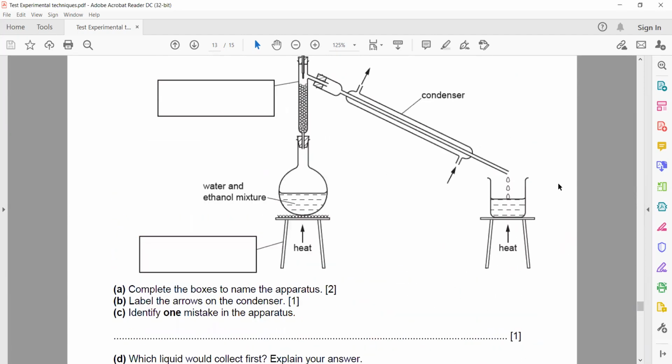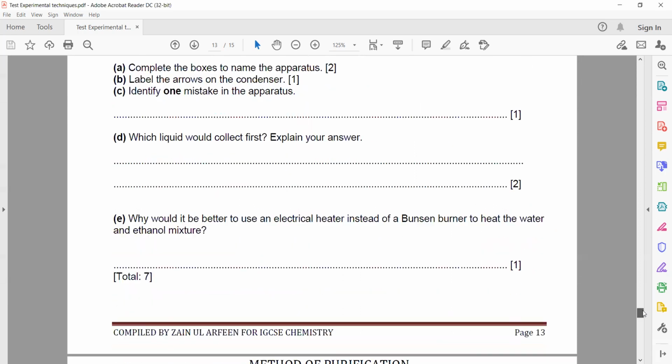Identify the mistake. So what is the mistake here? We are heating a distillate. This is what we collect, the mixture, it's not air, it is always water, because water has a tendency to absorb a greater amount of heat energy. That's why water is used as a coolant. Even in the car radiator, we are adding water as a coolant. So what is the mistake here? We are heating a distillate, or you can write a beaker. That's a mistake. We should not heat the distillate.